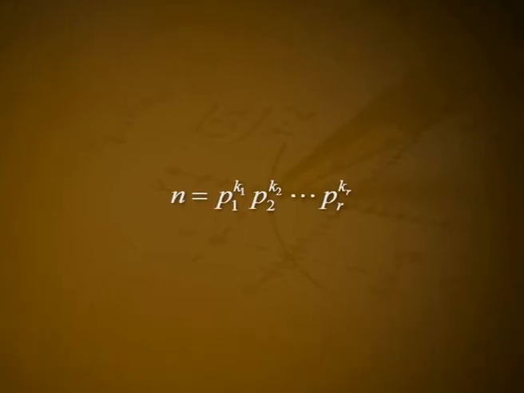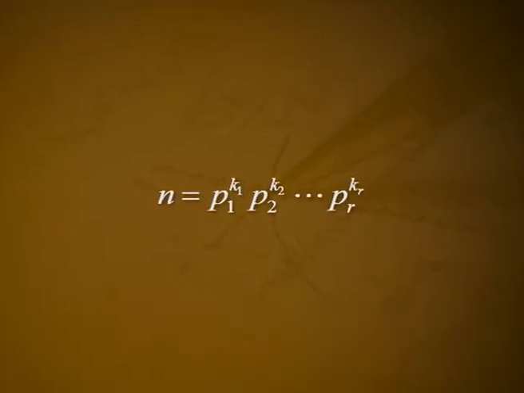N is equal to p1 raised to k1, p2 raised to k2 etc. pr raised to kr, where for i is equal to 1, 2, 3 etc. r, each ki is a positive integer and each pi is a prime with p1 less than p2 less than etc. less than pr. Definition: an even integer is an e prime if it is not the product of two even integers. Example: 2, 6, 10 and 14 are e primes. 4, 8, 12 and 16 are not e primes.